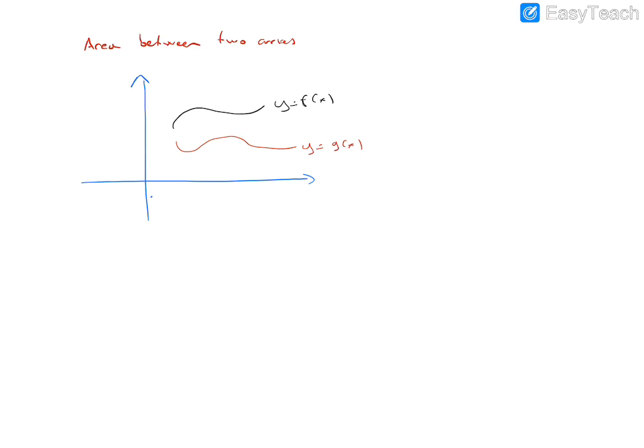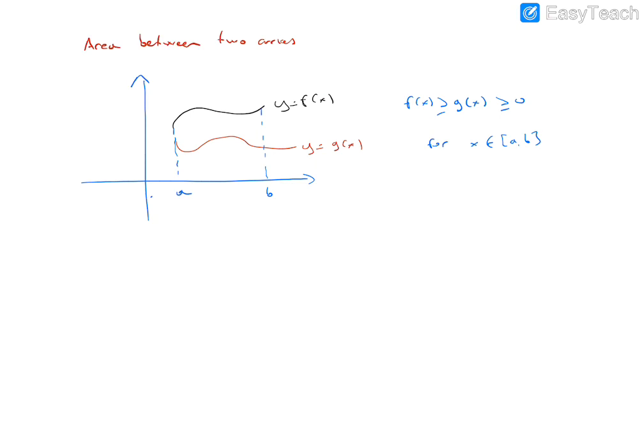So on the interval a to b, we assume f of x is bigger than g of x, and also all of them are bigger than 0. So here we assume that f of x is bigger than g of x, and this is bigger than 0. They can be equal to each other for x between a and b. So this point is a, let's say this point is b.